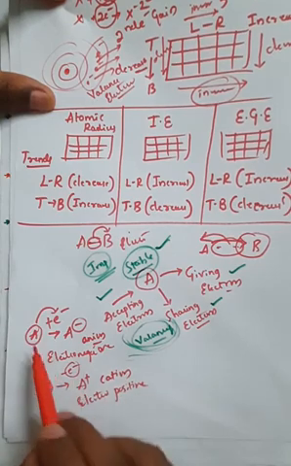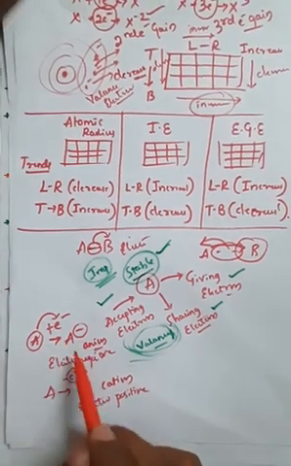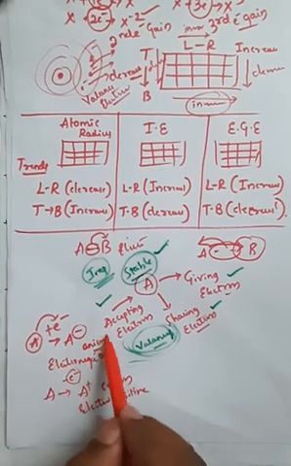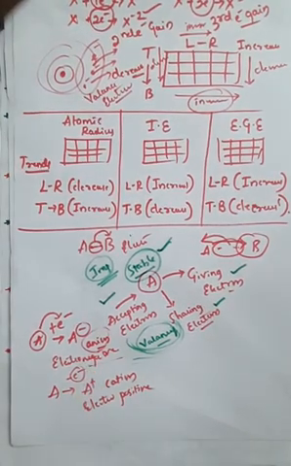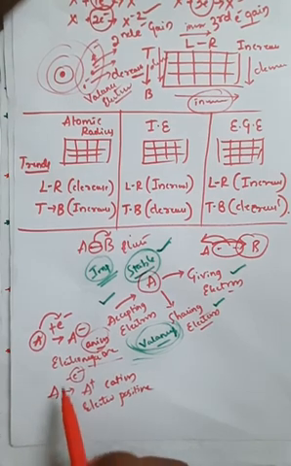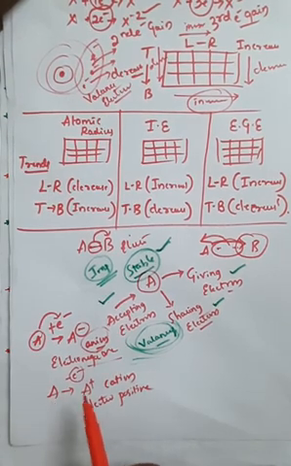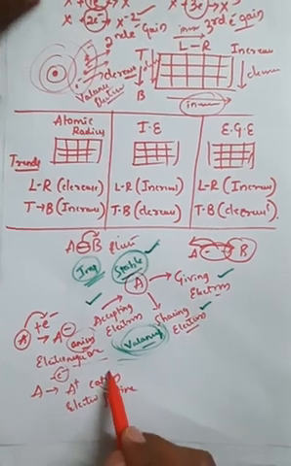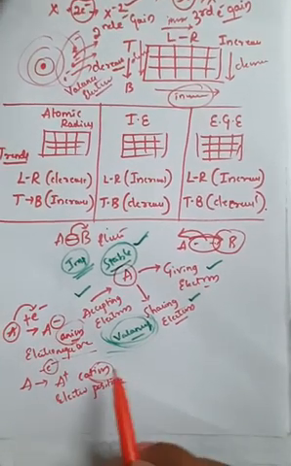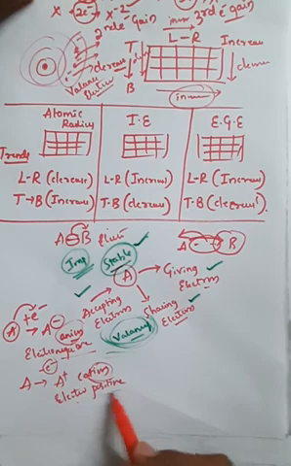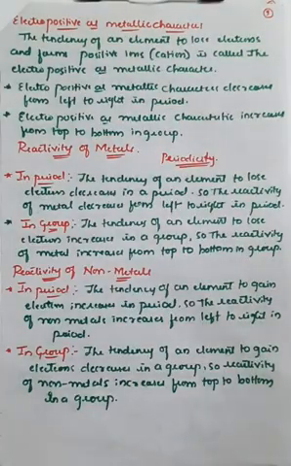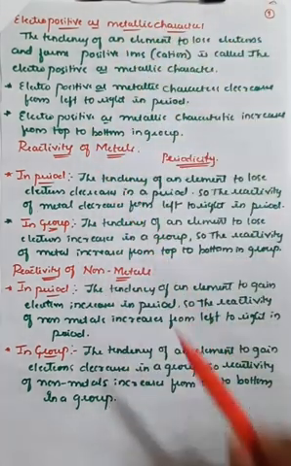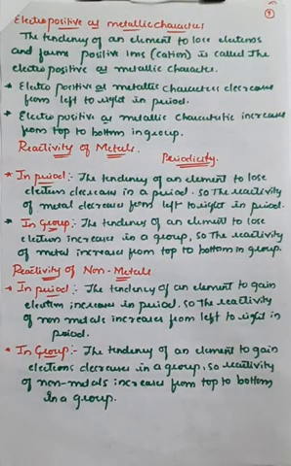Always remember, to convert a neutral atom into an electronegative atom, you must add one electron. Then it is converted into an anion, that is a negatively charged particle, which is called electronegative. And whenever an electron is removed from atom A, it is converted into A plus. A plus is nothing but the formation of a cation. So whenever there is a formation of a cation, it is called electropositive value, or it is also called metallic character. Electronegative is called non-metallic character, and electropositive is called metallic character.